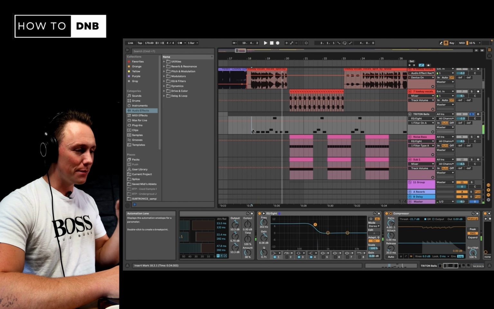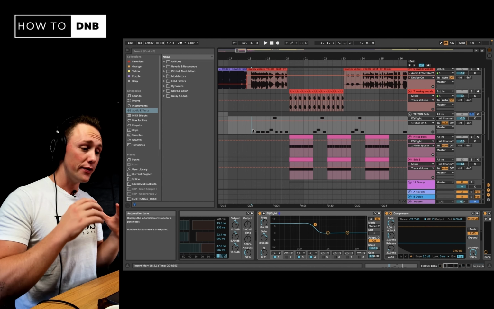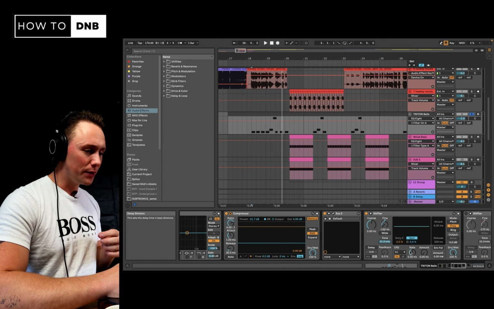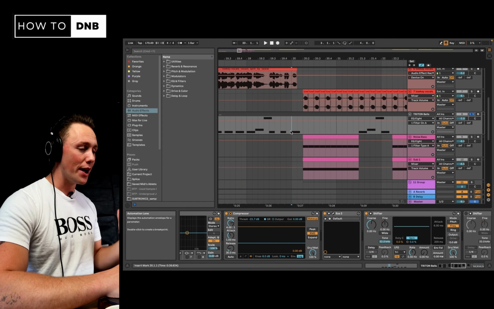Just to sort of give it some space in the mix with some lower frequencies, because the sub doesn't really fit under this bell sound. Some extra compression, and then what you hear on the last bar, which is also interesting, which I'm hearing a lot in Jump Up right now, is this